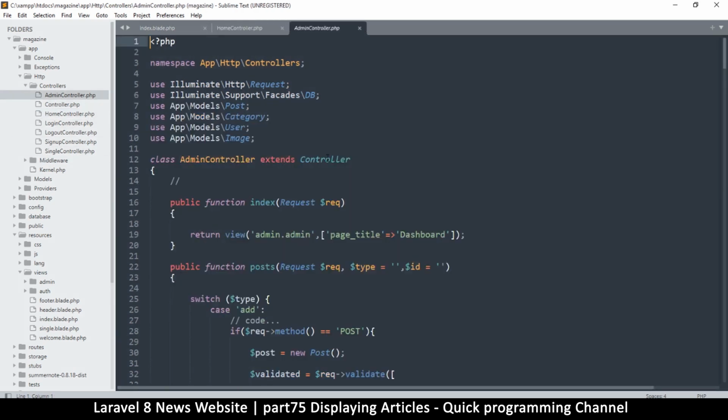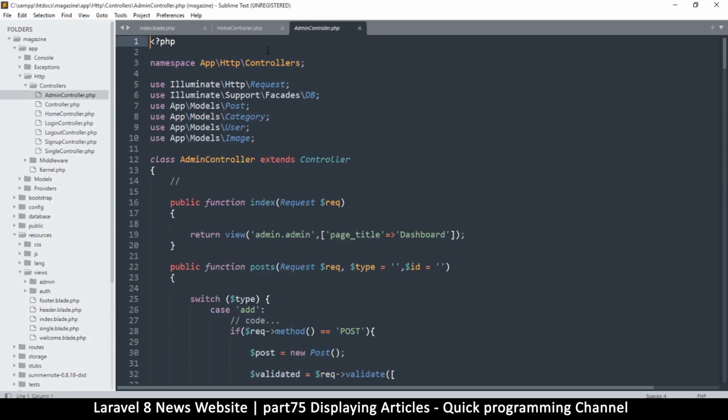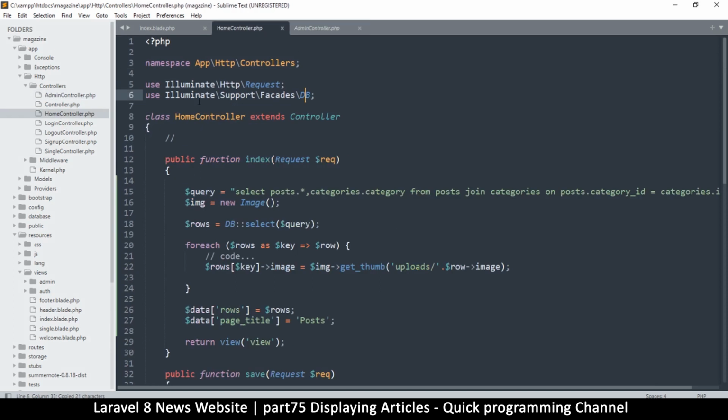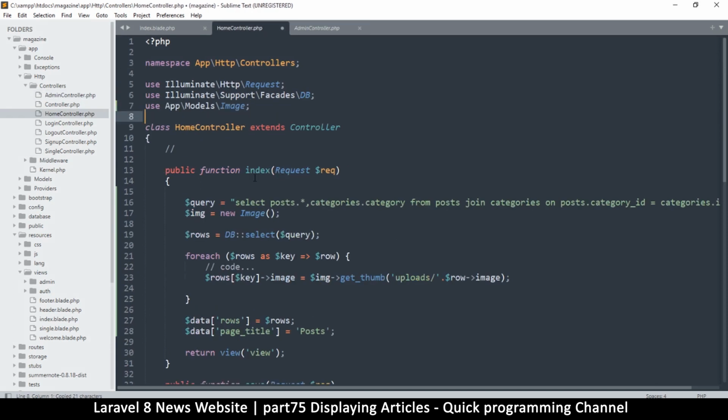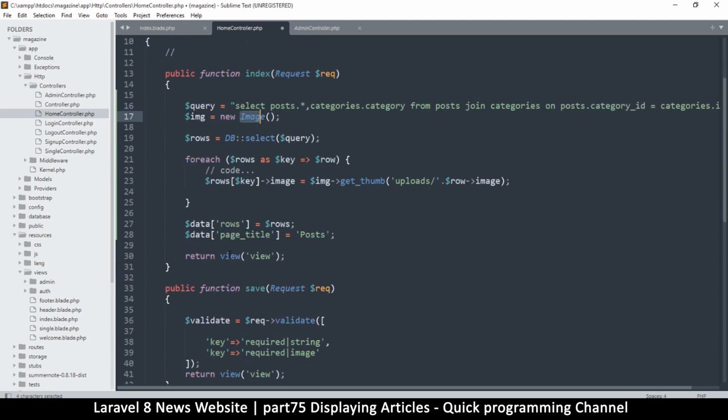So let me go back to the index. Let's see here. What classes are we using? The image class and the DB, which is already there. So all we need is the image class. So I'll copy this use at the top here, put it here as well, like that. Okay, so we satisfy that and return